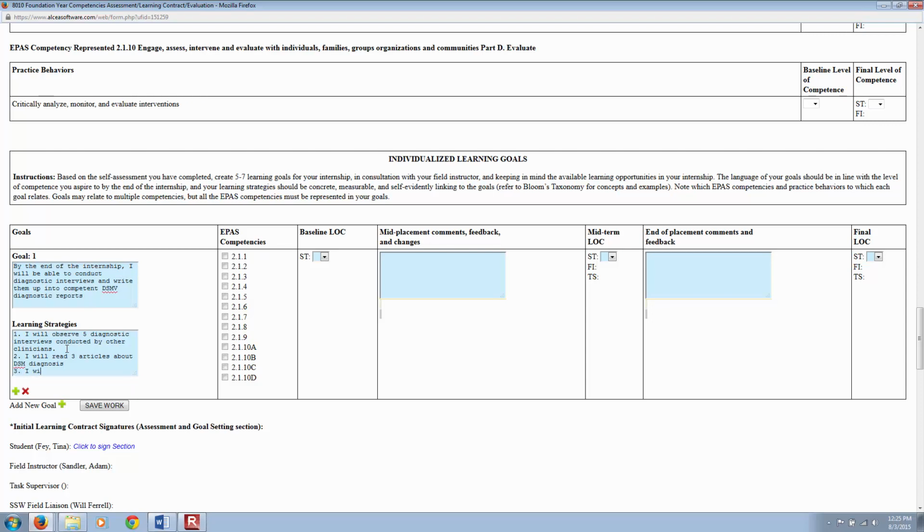3, I will attend agency in-service on diagnosis. Now, the reason I put this one in specifically is to give you a reminder. You are allowed to earn up to 36 clinical clock hours for eventual Minnesota clinical licensure through activities that you participate in while in your field placements. However, the requirement for that is they need to be written into your learning contract, and they need to be extremely specific